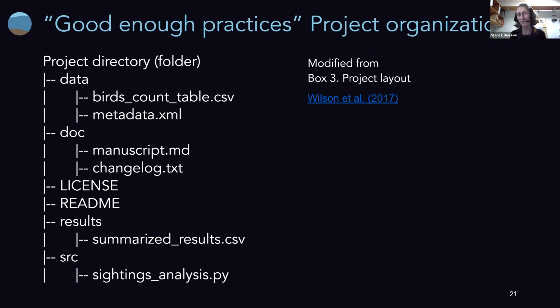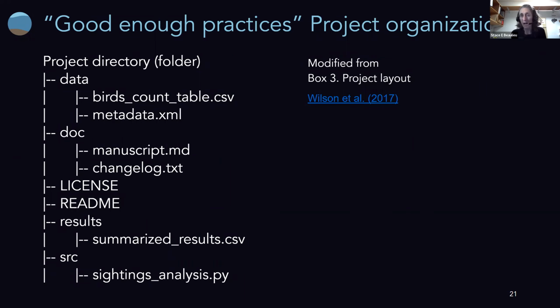So here, first of all, this is the top level folder for a project. And within that, you see subfolders: data, doc, license, results, and SRC for source. Some of the things that you might notice are data is separate from results, but you're seeing there's a .csv file in results, indicating comma separated variables. So same type of file as in data. This is a case where we're distinguishing the input data from the output data products.